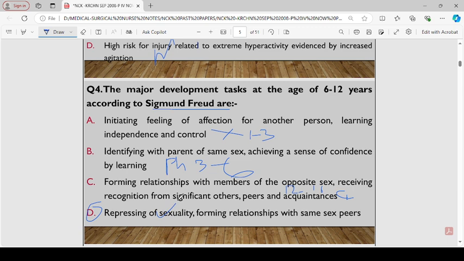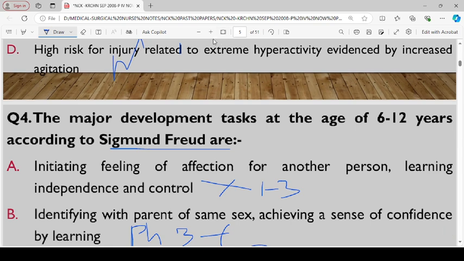Remember, Sigmund Freud came up with the psychoanalytic theory in which he proposes several stages, starting with the oral stage, which happens between age 0 to 1. We have the anal phase, which is 1 to 3. Then the phallic stage, which is 3 to 6 years. Then the latent stage, which is 6 to 12, all right? And in our case here, it is the latent phase. Then you have the genital, which is around 12 to 18, adolescence, then affection going on, right? So I think that is what we needed to do in this case. So let's move to the next question.